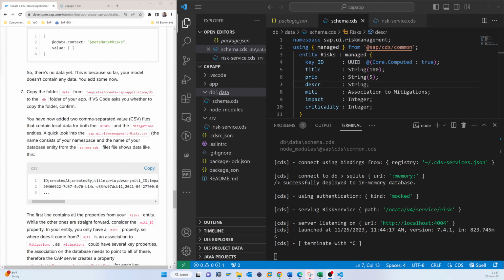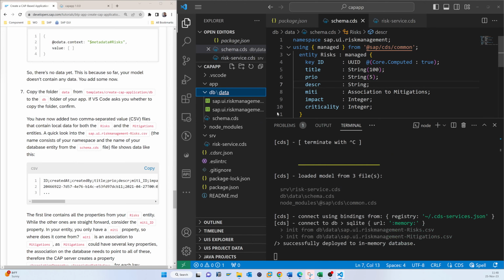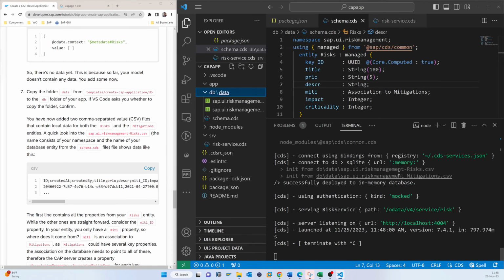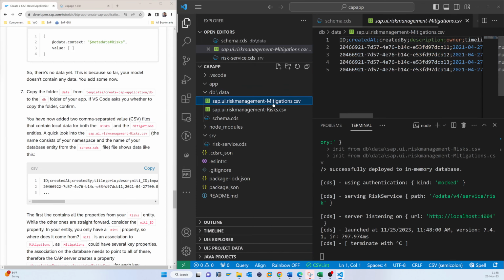So here I'm just inserting these two files, inserting the data. You can see that the CDS view has already noticed the change, and it has also been successfully deployed in memory, and it also deployed this type of thing. So now inside the data we have two sample CSV files,